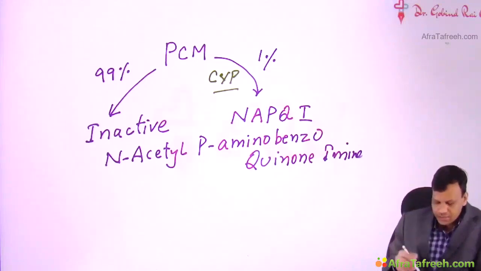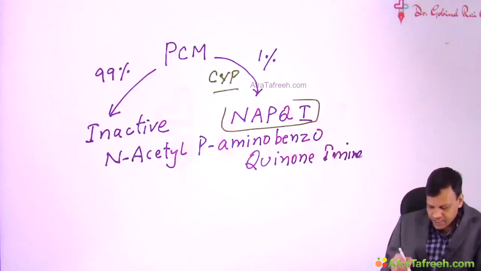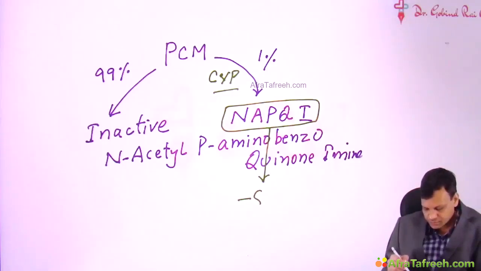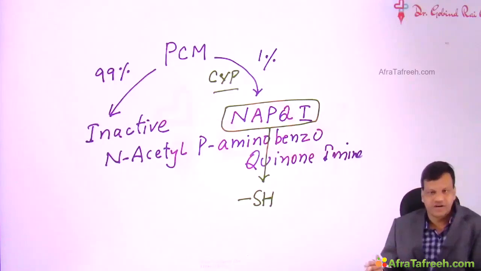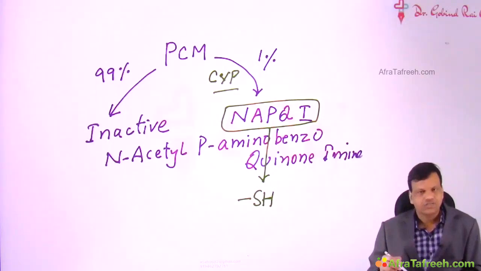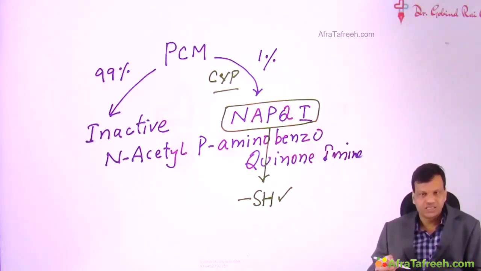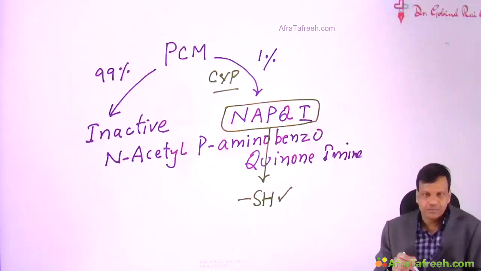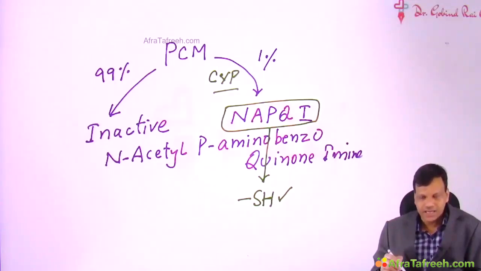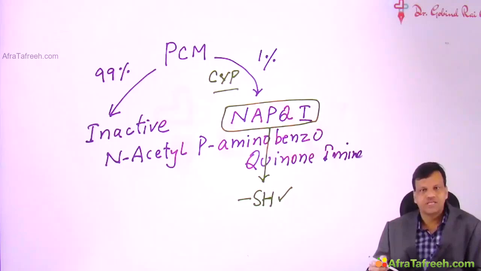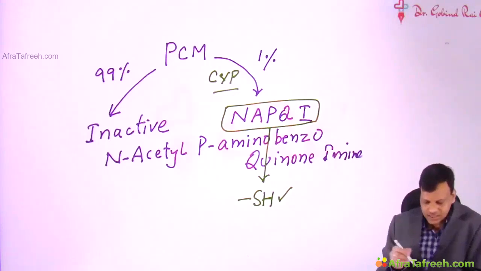Now, this NAPQI which is generated has very high affinity for sulfhydryl groups. That means wherever it finds a sulfhydryl group, it will bind, and that can cause problems. We know that sulfhydryl groups are present in important biomolecules like DNA, RNA, proteins, enzymes. A lot of substances contain sulfhydryl groups. So when we give paracetamol, it will generate NAPQI, and this NAPQI can cause damage. But we know paracetamol is a very safe drug. So although it is producing NAPQI, still it is a very safe drug. The reason is